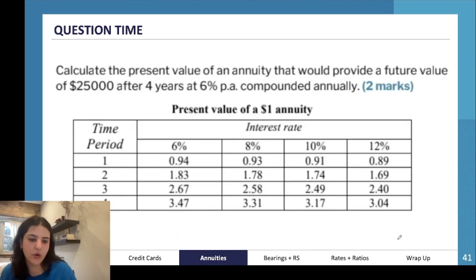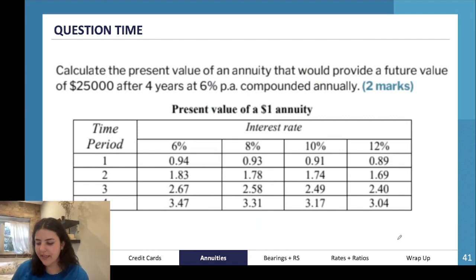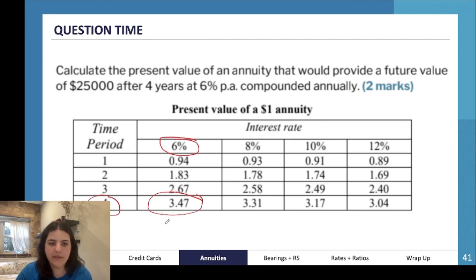Okay, here's our final question for annuities. Calculate the present value of an annuity that would provide a future value of $25,000 after 4 years at 6% per annum compounded annually. Okay, so we've got $25,000 at 4 years, 6% annually, 6%, 4 years, 3.47. So we would do 25,000 times